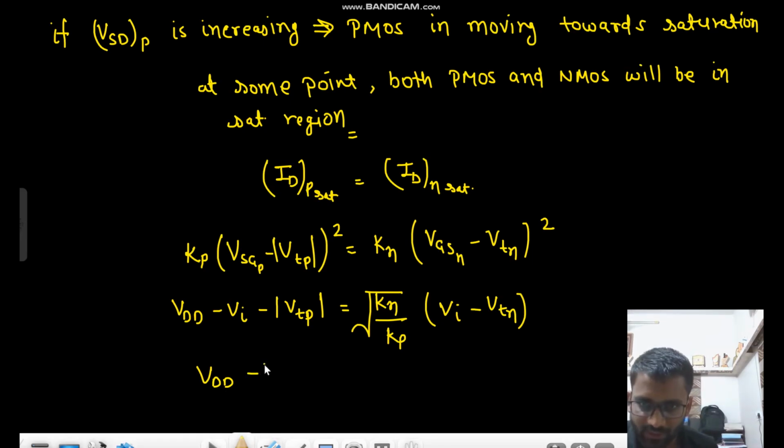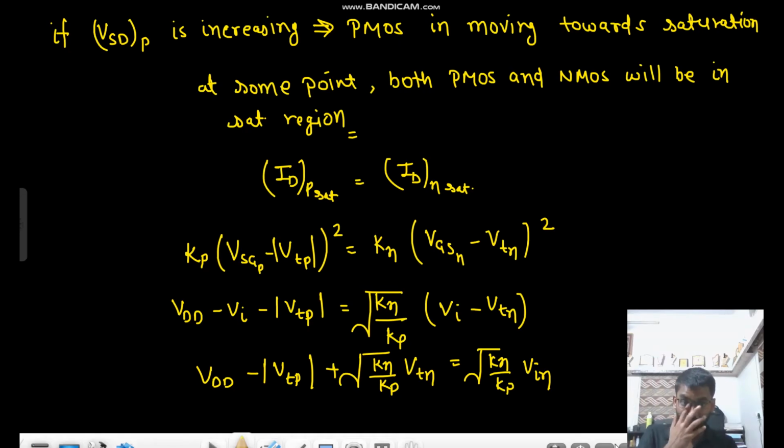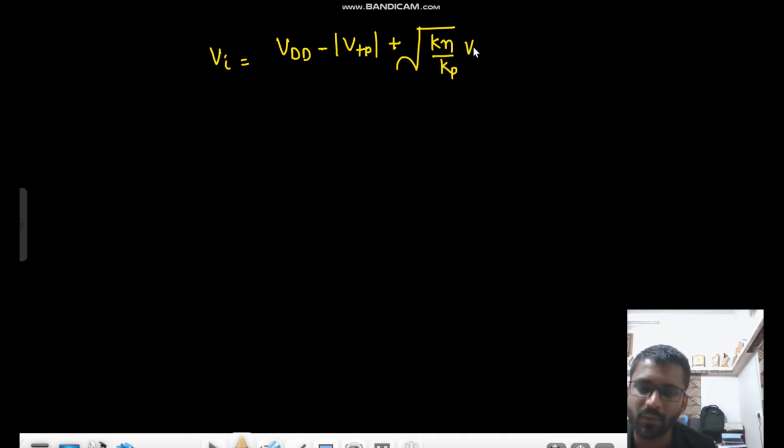So what we are seeing is that Vin minus Vtp plus root Kn by Kp into Vtn would be equal to root Kn by Kp Vin, right? Vin, or Vi, we should write if we are writing Vi here. So this is the value. Yeah, so Vi would be equal to Vdd minus mod of Vtp plus root Kn by Kp into Vtn